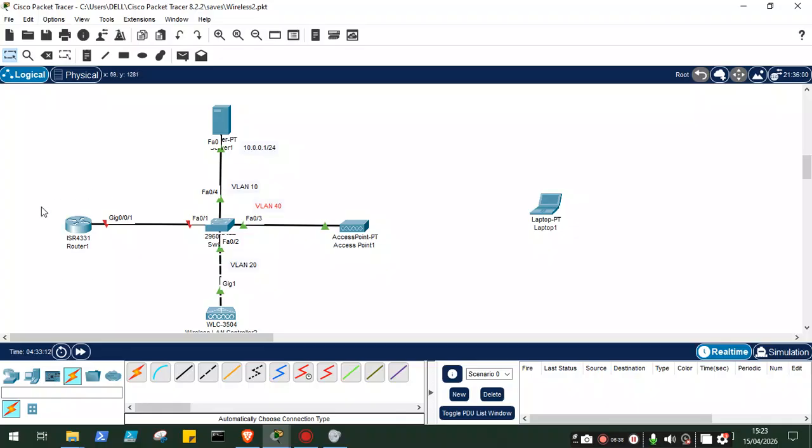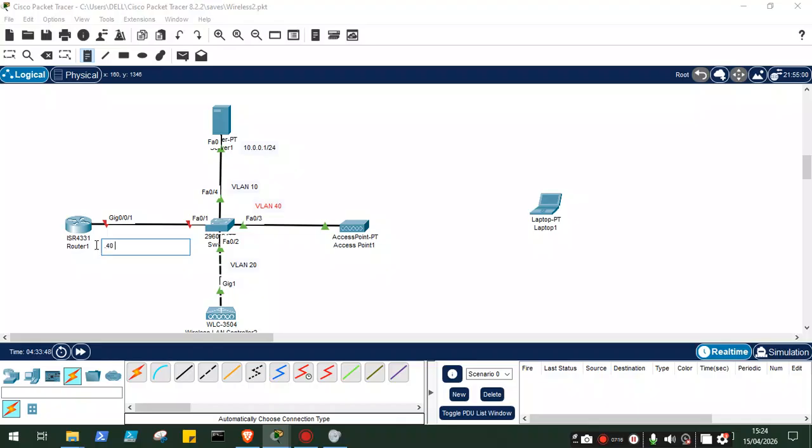Now the router receives the DHCP request with the information that this is a VLAN 40 message, and then the router will turn this broadcast message into a unicast message destined for the DHCP server, and adds the information that this DHCP request belongs to VLAN 40, and that VLAN will have a network ID on this router. Let's say